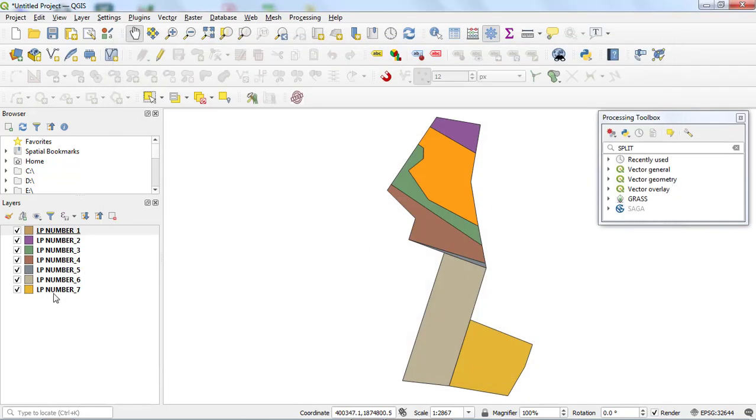So here we can see we have added the split polygons in our project, and now after that we can export all these layers to the GeoJSON format.